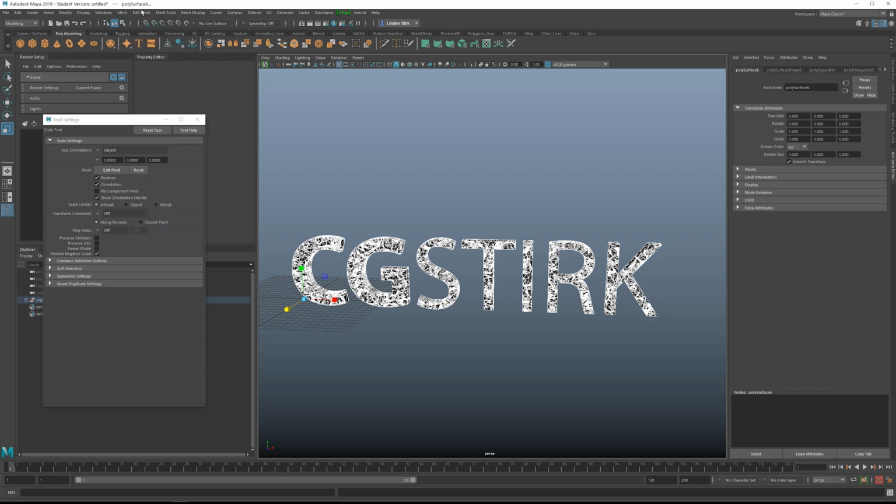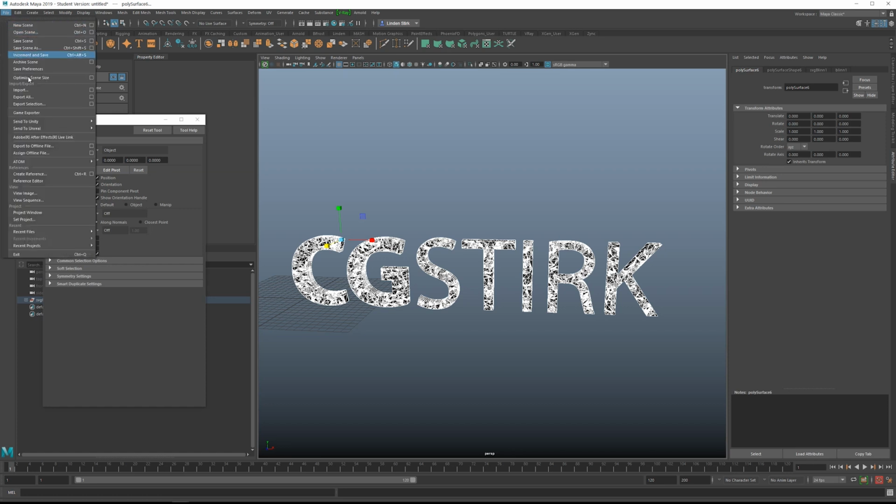All right, so if you don't do that, what I would consider doing next is going to delete history. Again, deleting the history can take a few seconds up to a minute. All right, so when that is done, we are now ready to export the geometry. I would recommend freezing the transforms. It just makes sure everything's kind of reset to 0, and then go ahead and center the pivot. This just helps if you come back to Maya and you want to move different pieces around, everything would be centered to itself and not the overall geometry.